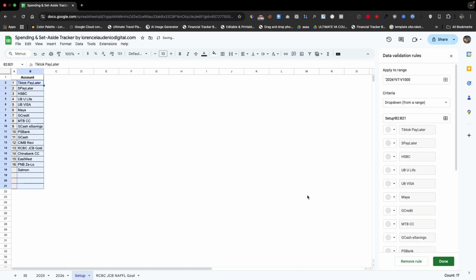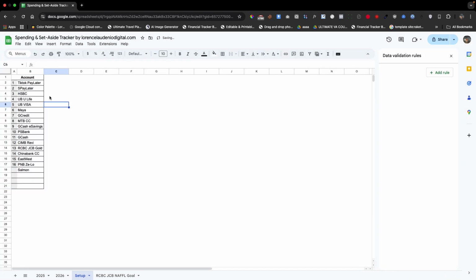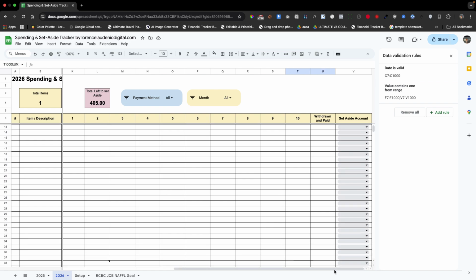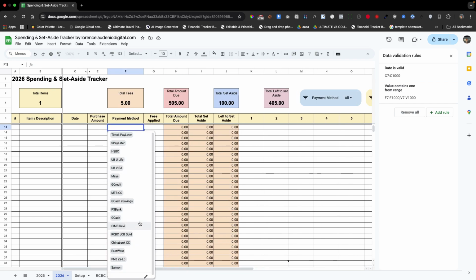So what does this mean, guys? You have this account, so you can also edit this data according to your liking up to this. Whatever list you put here will also appear here, also here, also here. It also appears here when you update those lists.